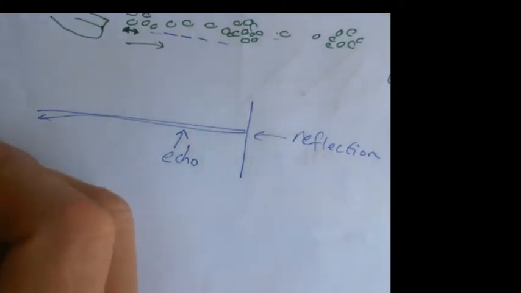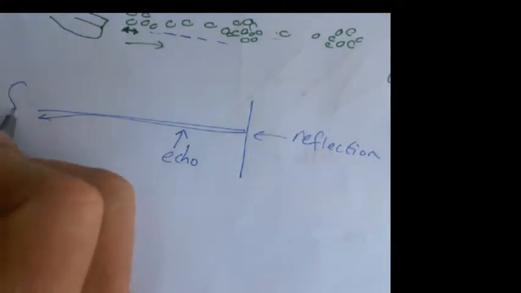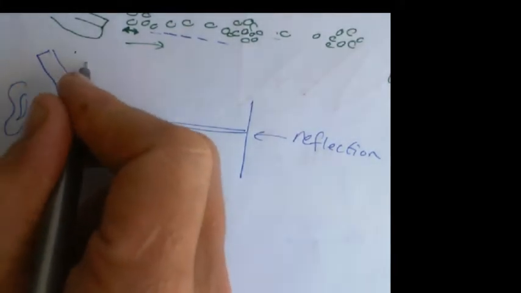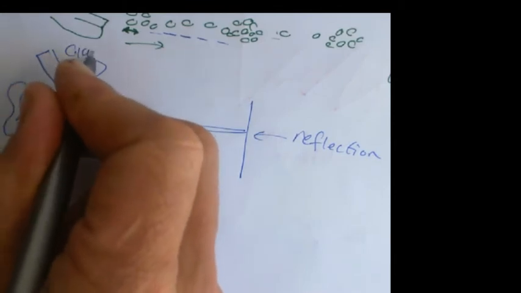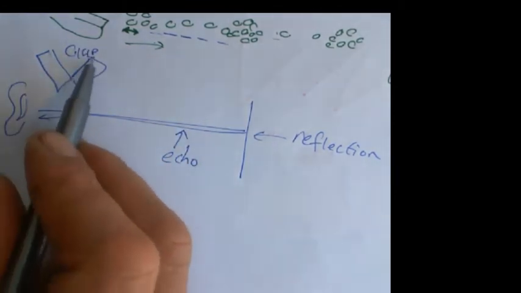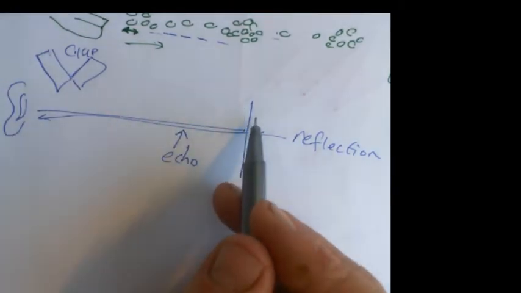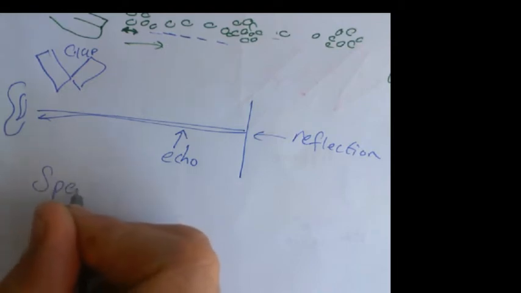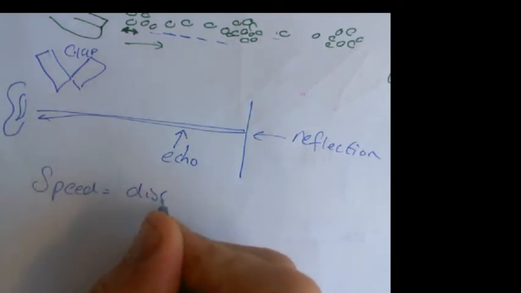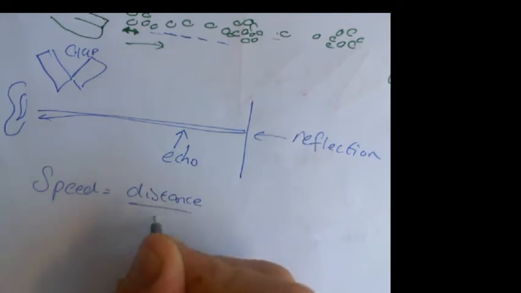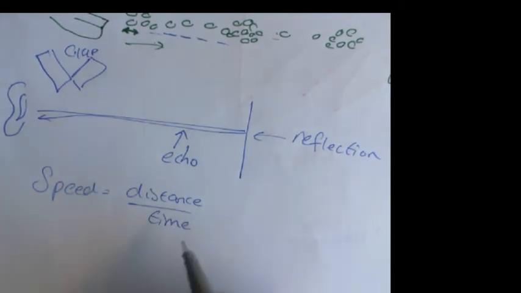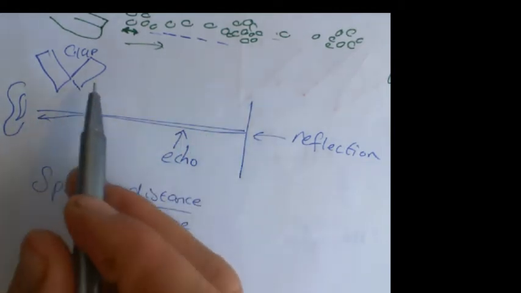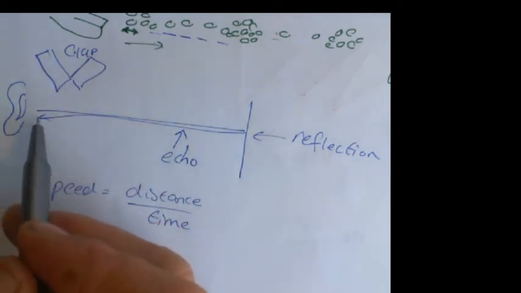Okay, so if you've got somebody here who's ready to listen to this, let's say you make a noise by clapping two boards together here, and it makes a big loud clap. That sound energy will travel till it hits the wall, and then it will come back. And we know that speed equals distance divided by time. So if you are timing how long it takes to get to the wall, so you make the clap, then you time how long it takes for the echo to get back to you,